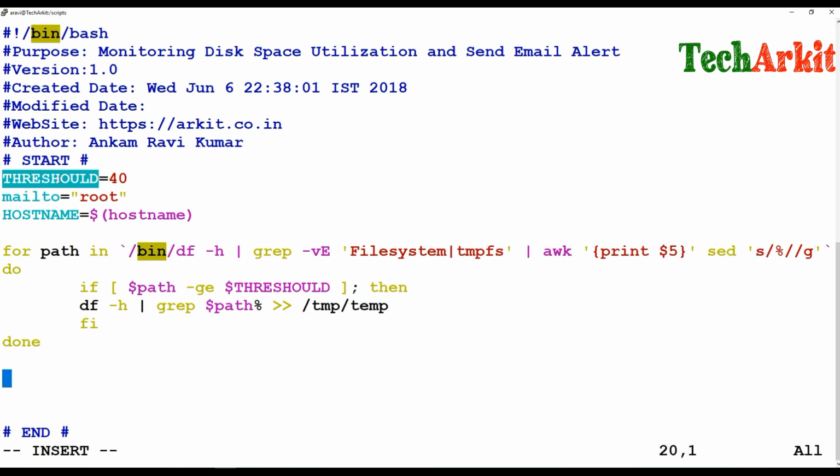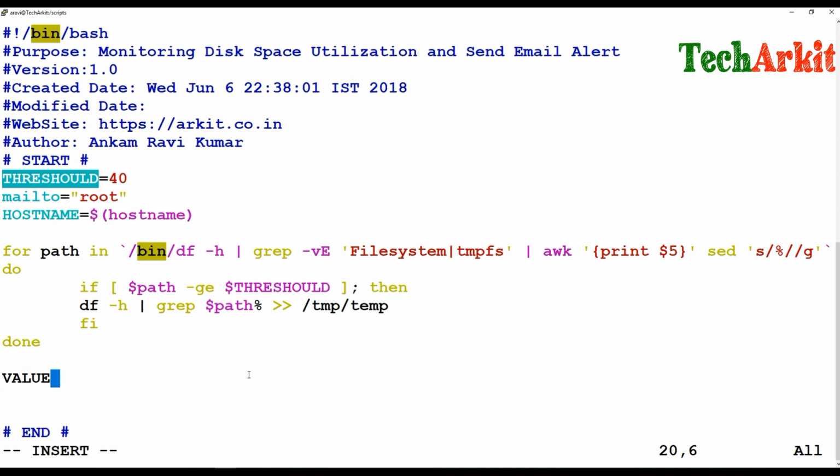The for loop is done. So it's going to execute on all the partitions, in the sense of whatever partitions are there. If the percentage from this command is greater than or equal to the threshold value, then it's going to grab that percentage value and partition values into this temporary path file.